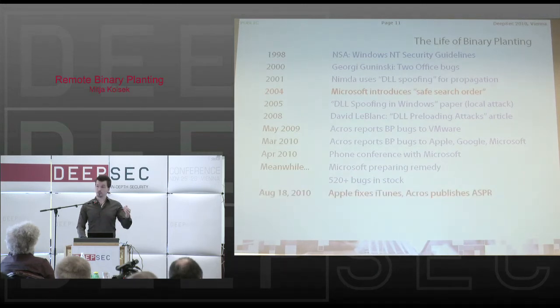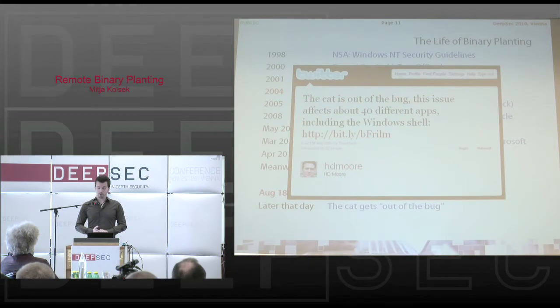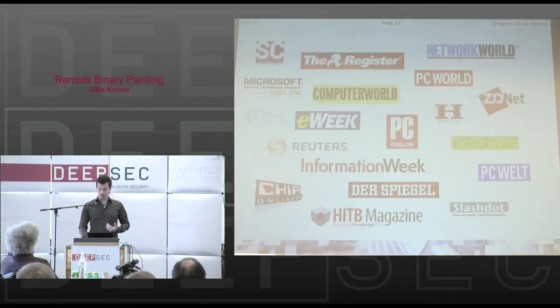In August this year, which is over 3 months ago, Apple fixed the iTunes bug that we reported to them. This was just one of the many reports that we sent to vendors. We published our report on their fix as well, which the same day caused H.D. Moore, whom we all know, to reveal that he was also doing research on this same vulnerability, and he found 40 vulnerable applications. So he published that, and there was no reason for us, once the cat was out of the bag, as he said, to withhold our research. So we published our results as well.